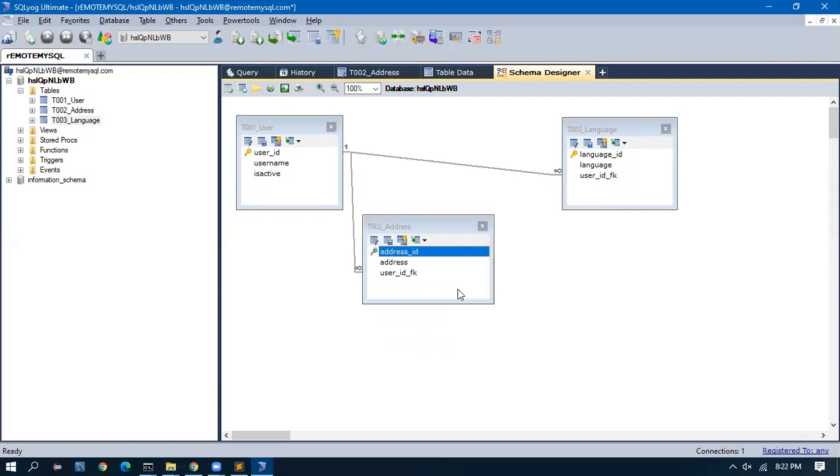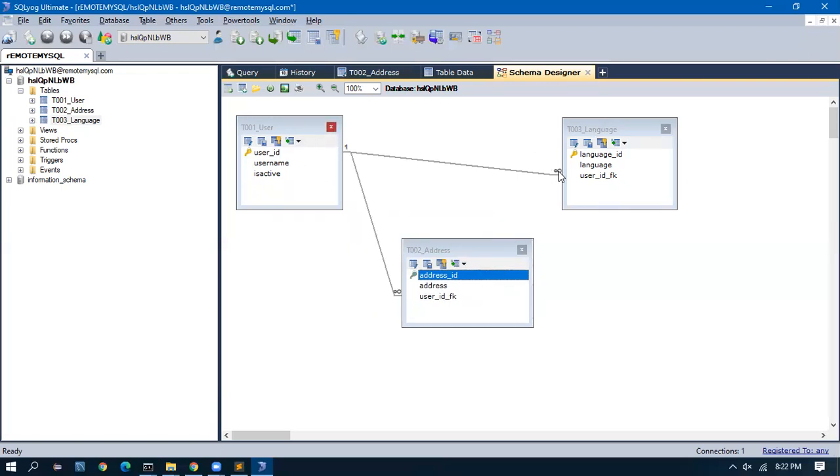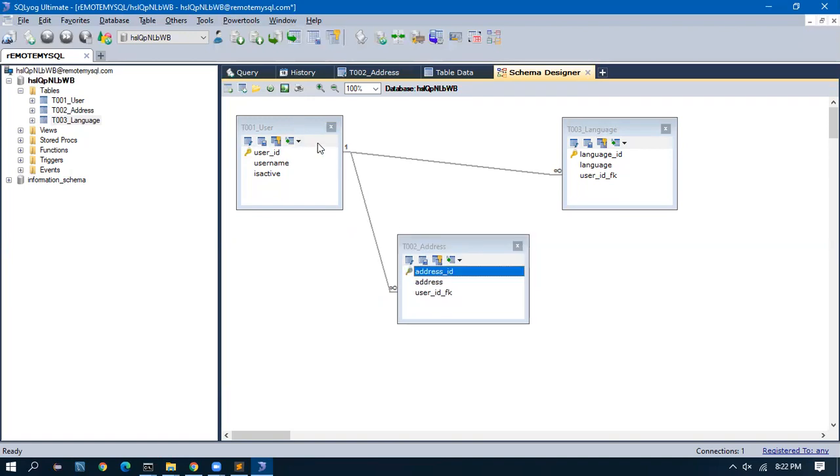The reason is, when we deal with Hibernate, when we go back to Java, these concepts will come. That time I will not be able to explain in depth as I am doing now, because we need the database access. So here 1 to infinity means one user can have multiple addresses, one user can have multiple languages. That is the meaning of this infinity. We also call it 1 to n.